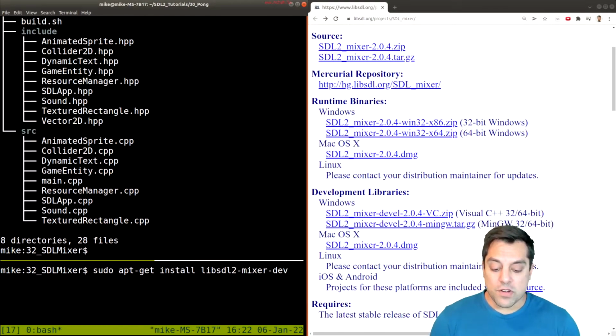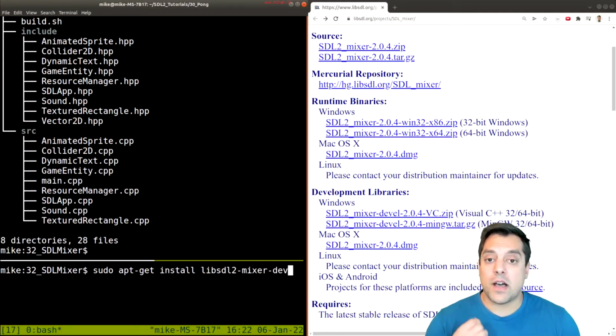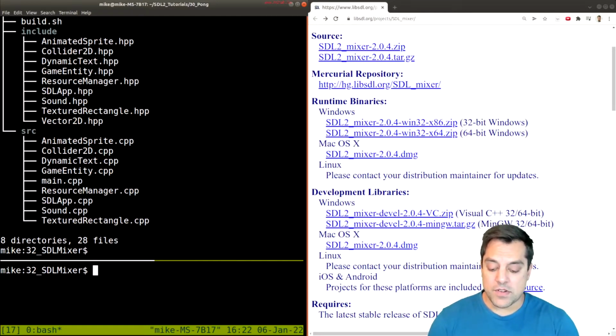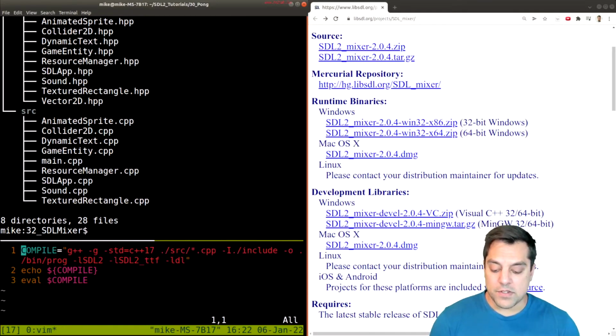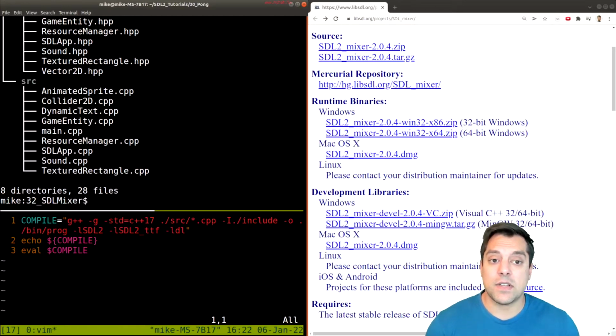Okay, so in order to use the SDL2 Mixer library, we're going to have to update some includes in our sound file as well as our build script. So the first thing that I want to do is just update our build script to include the SDL Mixer library. So let's go ahead and update our build script. And most of these libraries follow the same pattern as previous libraries. So let's go ahead and just link